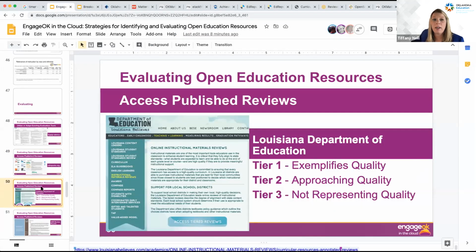You can also find other vetted materials evaluation processes through Louisiana Believes. This is the Louisiana State Department of Education's effort to evaluate curriculum materials.